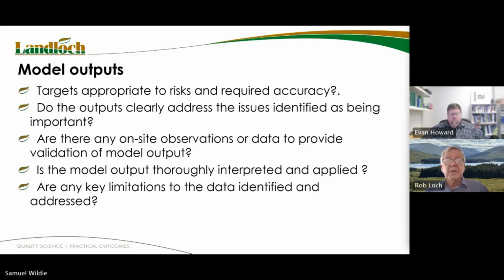Then you look at if the model output is thoroughly interpreted, if it's been applied. Nothing more frustrating than to see a report that says, we ran the model, here's the data, and no further comment. You're thinking, yeah, what do you make of this? You expect to see something. So you expect to see some interpretation,